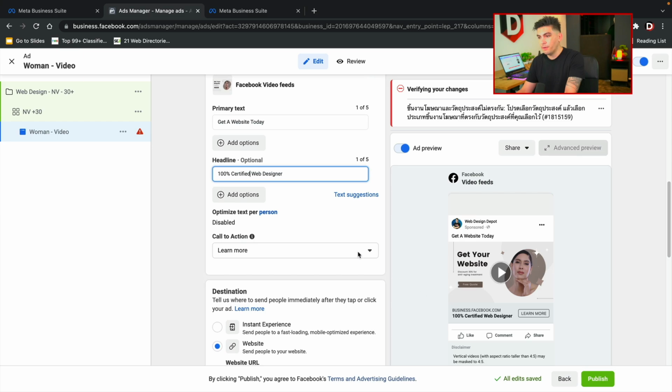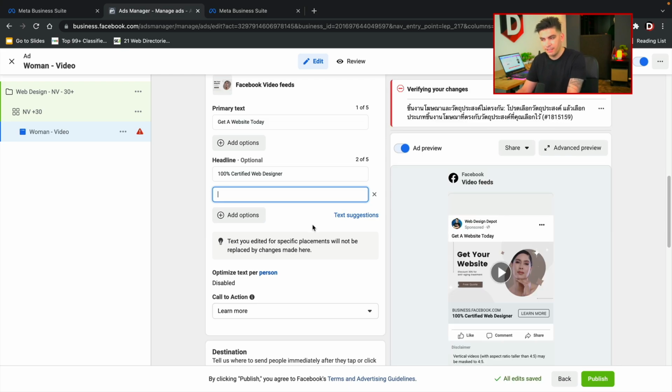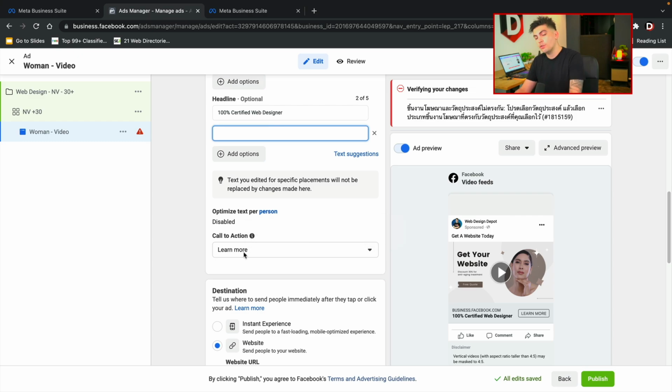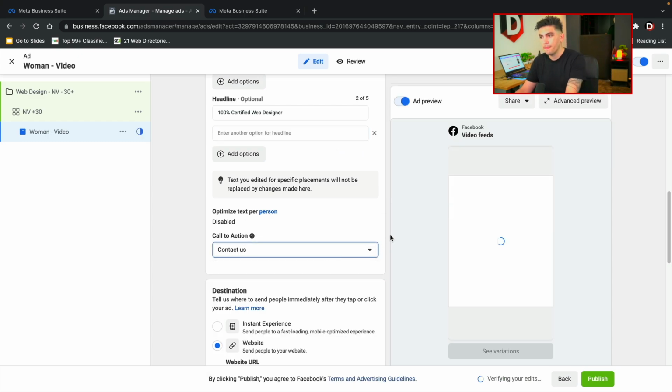And then right here, we have some more ad options. So you guys can add another headline if you choose to do that. But I would not get too crazy because that can look very cluttered and it just loses structure. But yeah, you guys will go ahead and fill all this information out. Here we have the call to action. So you can put something like learn more, contact us, book now, or whatever you want to do.